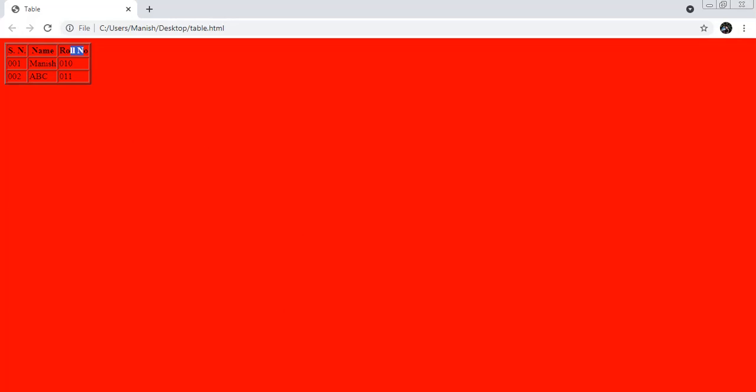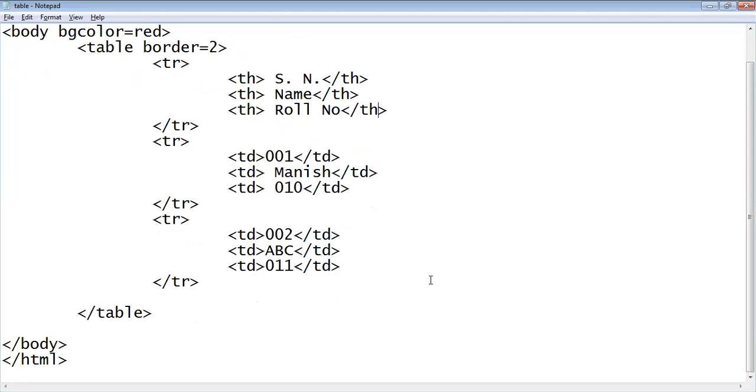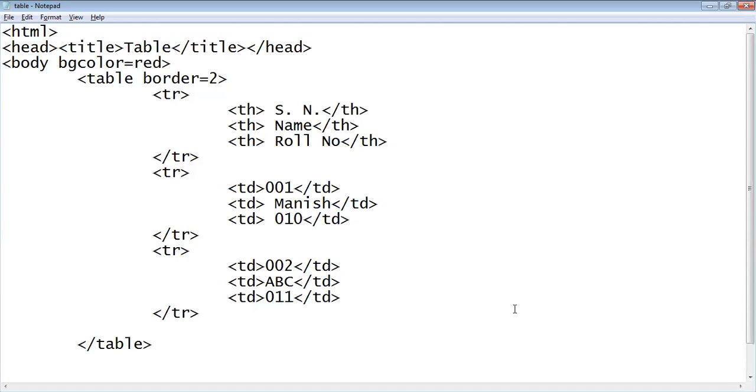So this one is the primary and basic thing, how we will create a table with HTML code. There are various operations you can apply, like change your font color, change your font size, change your font style, and anything which you want to change.